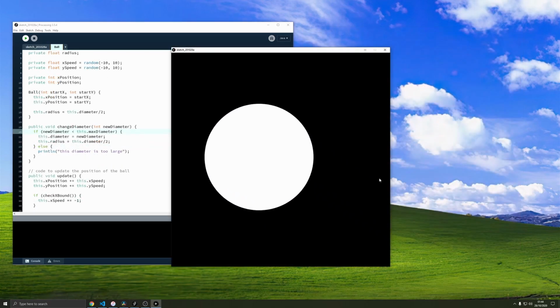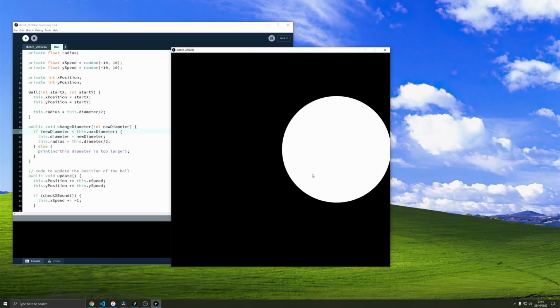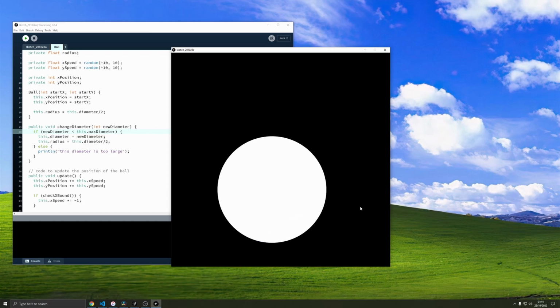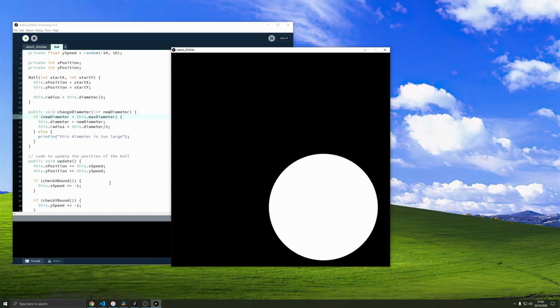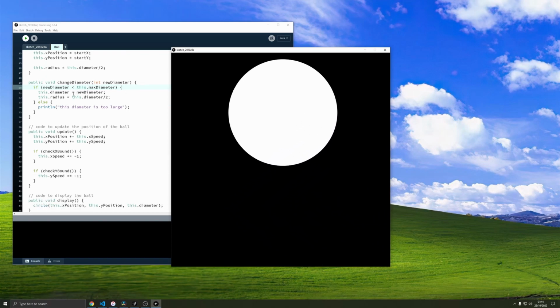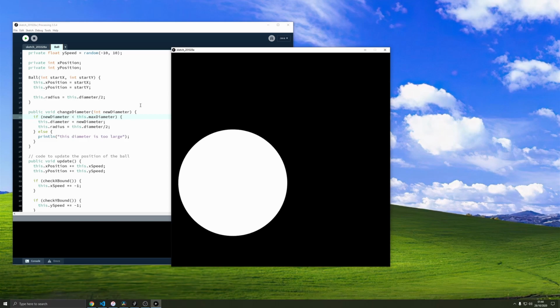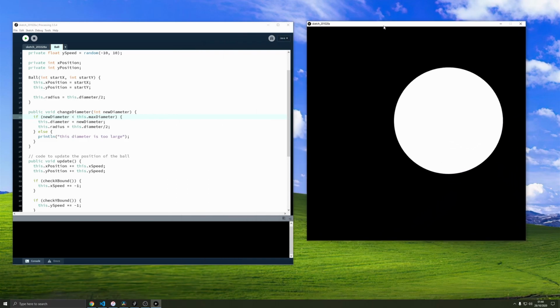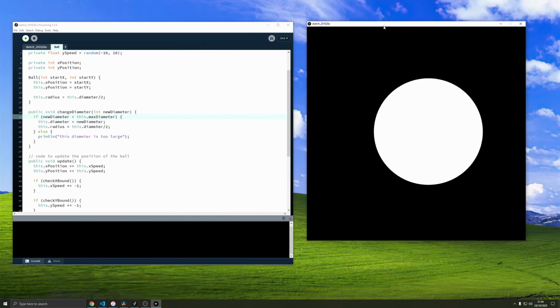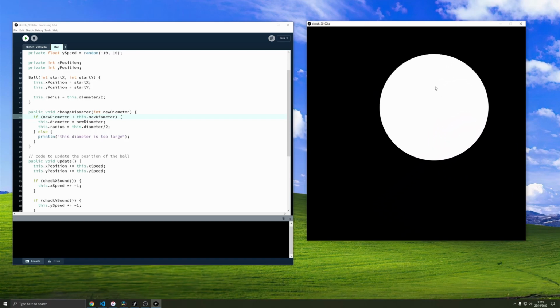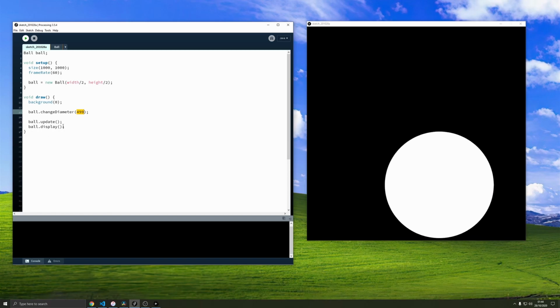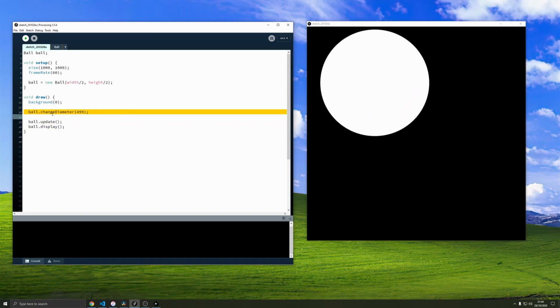Okay, so I just ran the program again, and it looks as though that before was a bit of a glitch. I'm not entirely sure what caused that. If anyone can spot what caused that in the code, then please leave a comment or something. But for now, I think I'm going to leave the video there. I think this is a good stopping point. We've got our ball that's bouncing around. We can update, display, and change the diameter of the ball